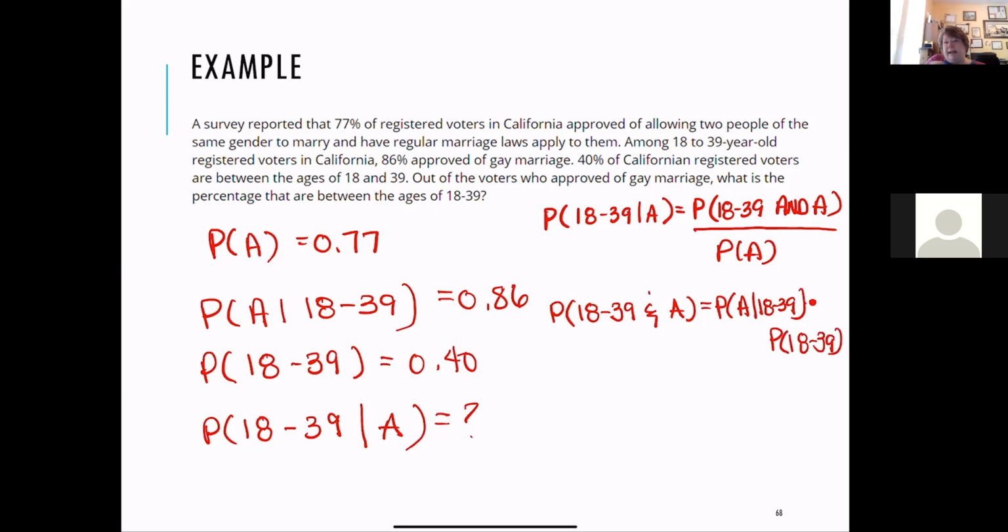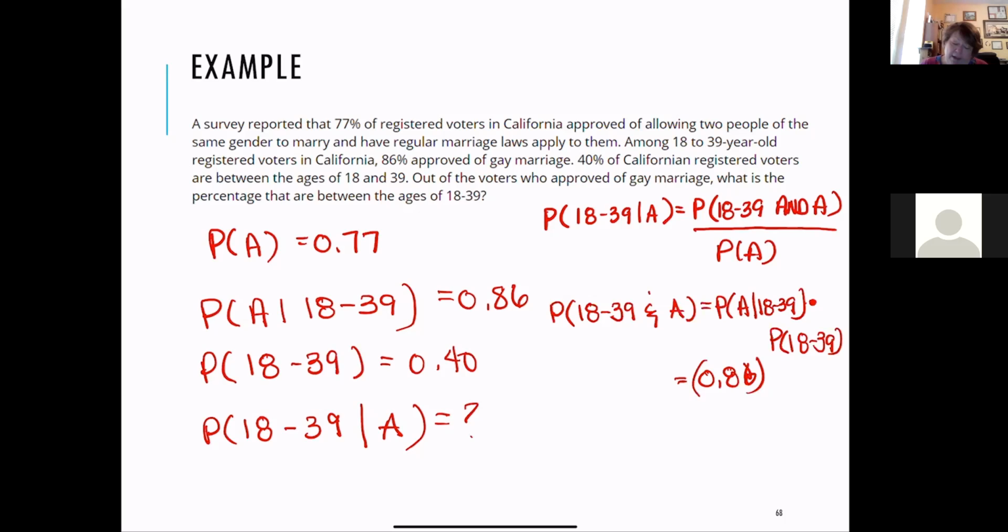So this formula that I just wrote down is Bayes' theorem, just written a different way. So the probability that I'm this and this is the conditional probability that I approved given I'm in that age group times the probability I'm in that age group. That's Bayes' theorem. And I know those two things, that's 0.86